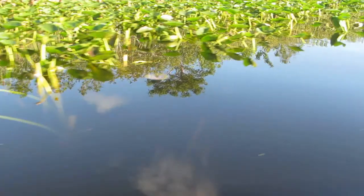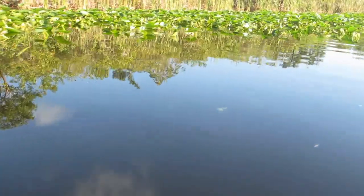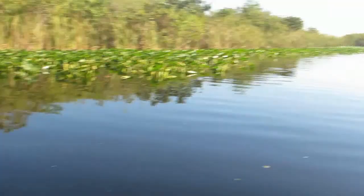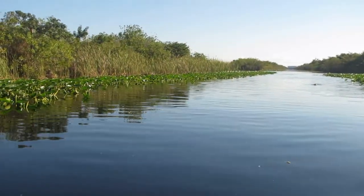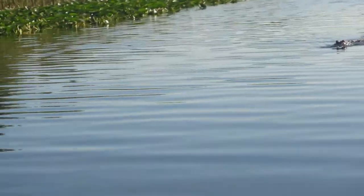Now I got a gator up ahead, let's go check him out. Left side, he's coming your way first, and then right side, I'll be spinning around for you. Now, if you guys look at those boats,